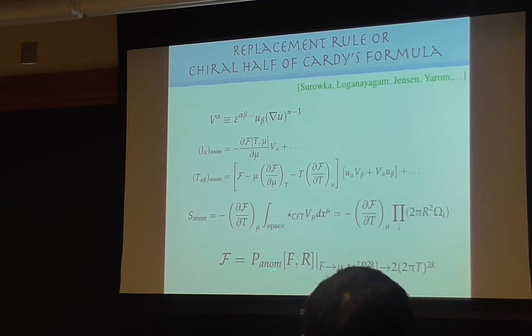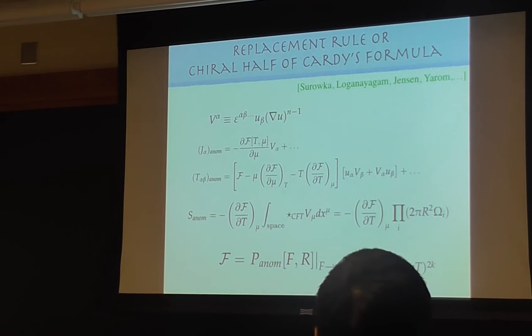Honestly, I do not really know how to physically motivate this. It came out of their computation, where they fixed all these coefficients, and it turns out that all these coefficients are related to the coefficients that appear in the anomaly polynomial. That's how you fix it. There must be a better way to see this, although the authors also feel it's a bit contrived that the result is so clean and so simple.